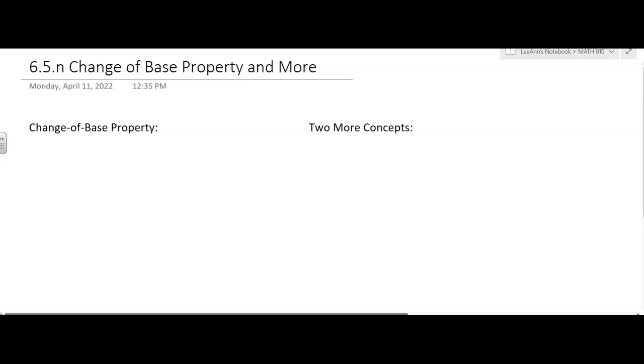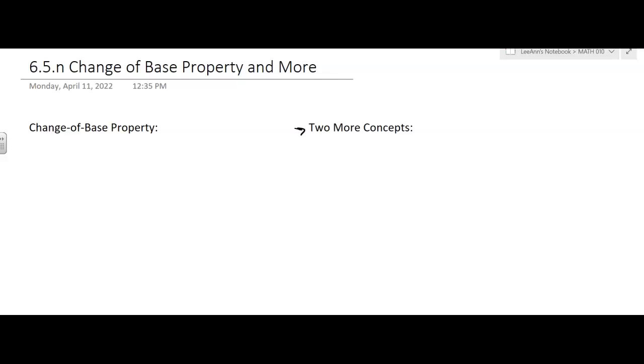Okay, so we're going to talk about the change of base property here. This is our last property that I'm going to call logarithmic properties. But then we're going to talk about two more ideas, and I'll talk about that in a minute. Okay, so the change of base says